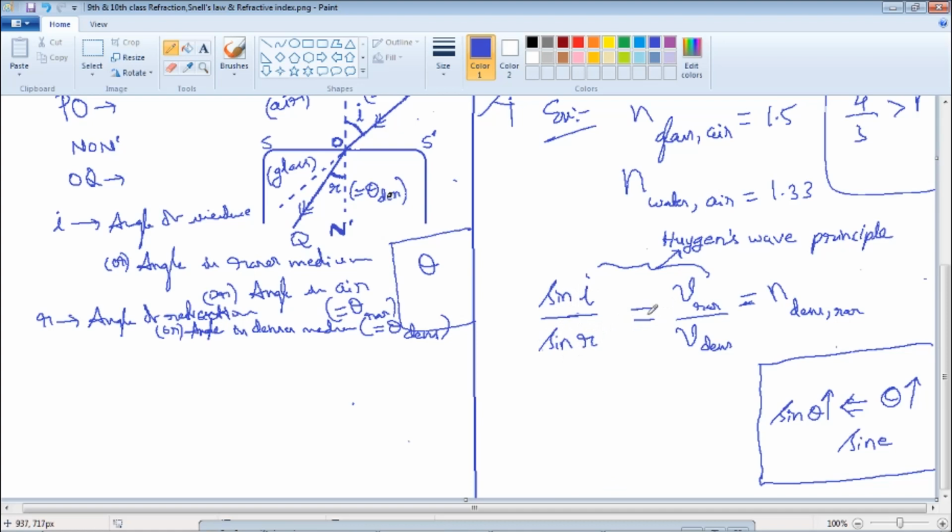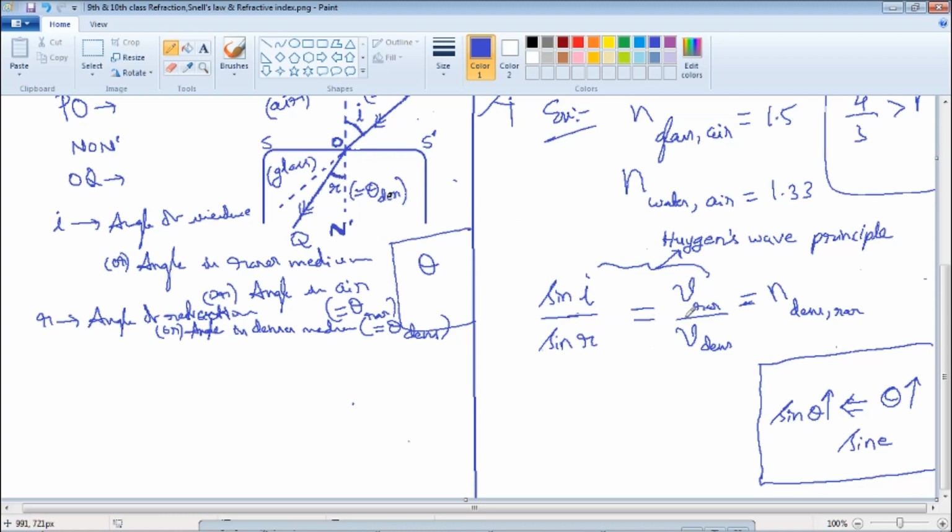And the important thing is, here I and R need not be small. They can be large. I need not be just less than 10 degrees, like 5 degrees, 6 degrees. It can have any value, 30, 40, 50, 60, 70, 80, 90. The important thing is R will be slightly less than I. For example, I being 80 degrees, R can be some 70 degrees or 60 degrees. But whatever be the pair of values I and R, angles in the rarer medium, just observe the diagram again, and the corresponding angle in the denser medium,